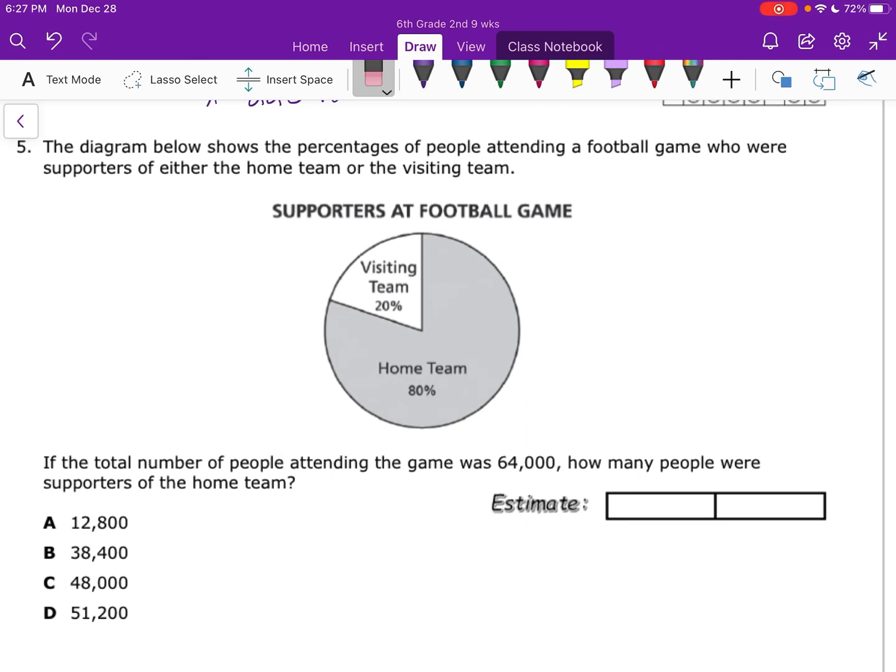Okay, so what do they give us? What is 64,000? Yeah, it's the total. That's all the people. And they're asking us for how many people were supporters of the home team. So we go to our graph and we get information about the home team. So the information they give us is that it's 80%. Okay, so when we go to our estimate,